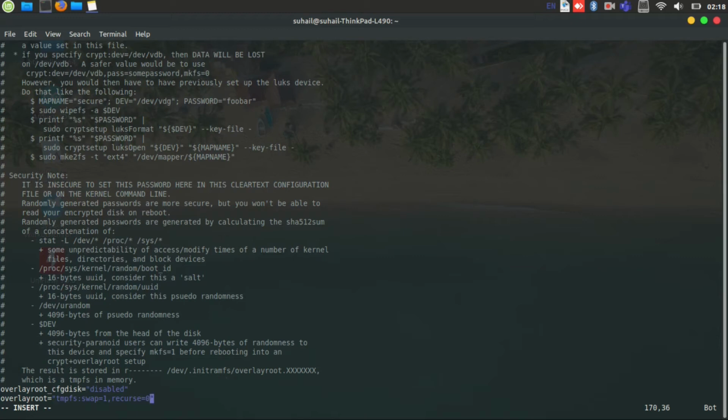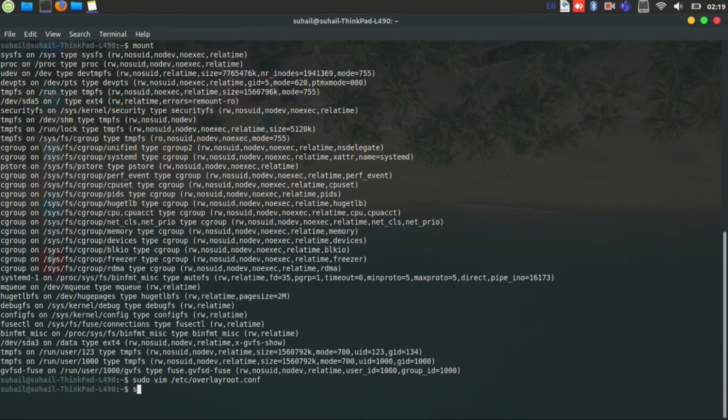So this is our intention. By default its value remains 1, so you have to provide it explicitly. Once these changes are done, you just need to write these changes and close this file. And once the changes are done, you need to hit sudo reboot.